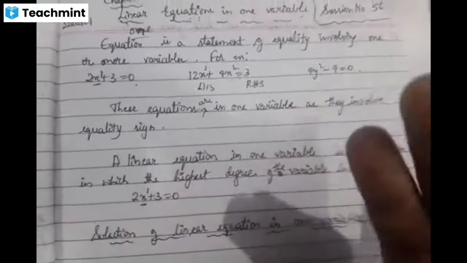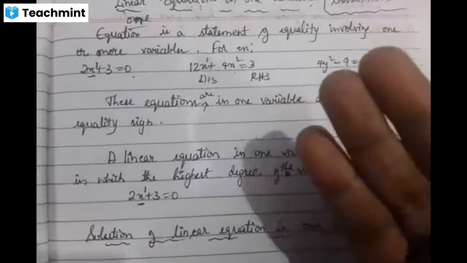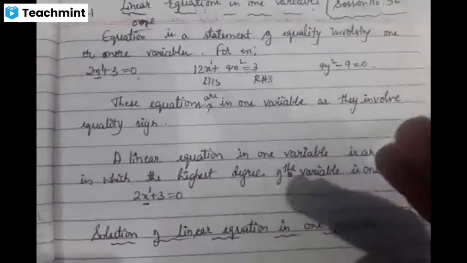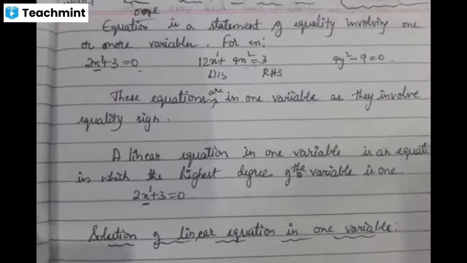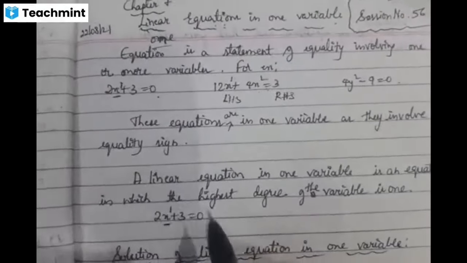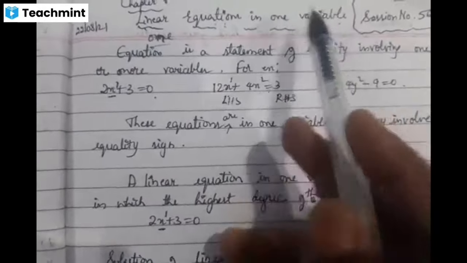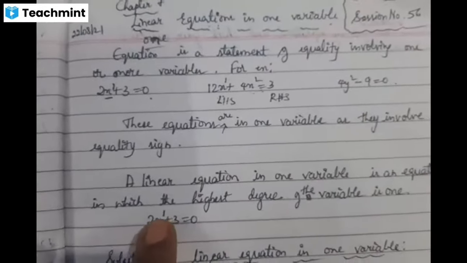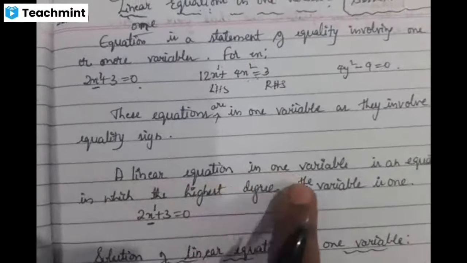We have variables which have more than 1 as power, children. If the equation has the power as 2, it is called a quadratic equation. If the power of the variable is 3, then it is called a cubic equation. These all types of equations you will learn in higher classes. But in this class 7, we are only going to study linear equations in one variable. So in the equation we have only one variable and its power will always be 1. Such type of equation is said to be a linear equation in one variable.